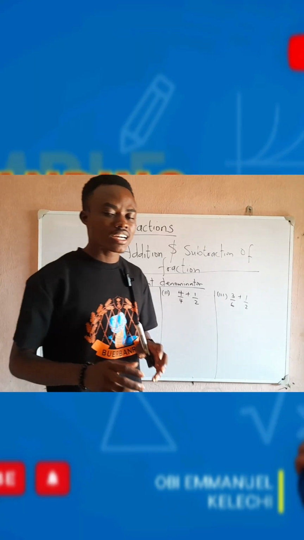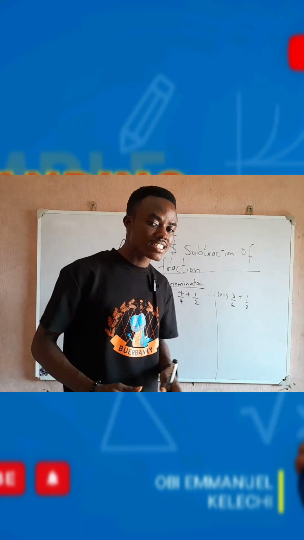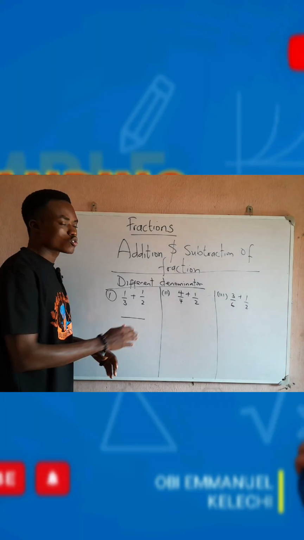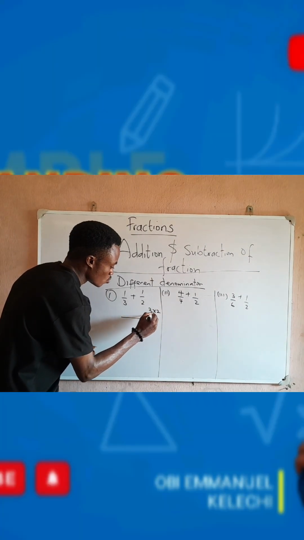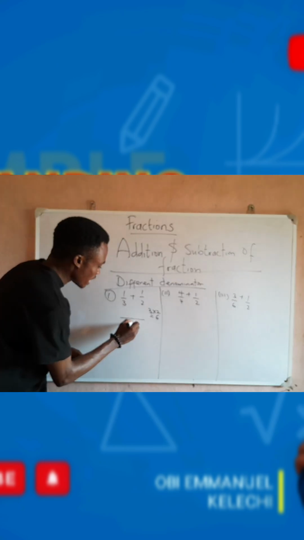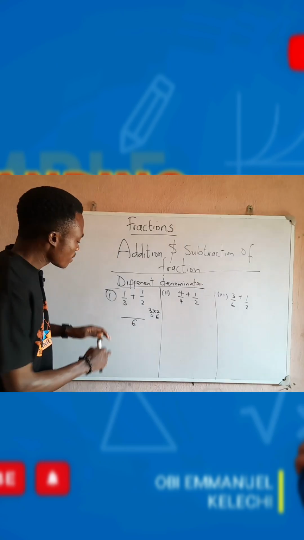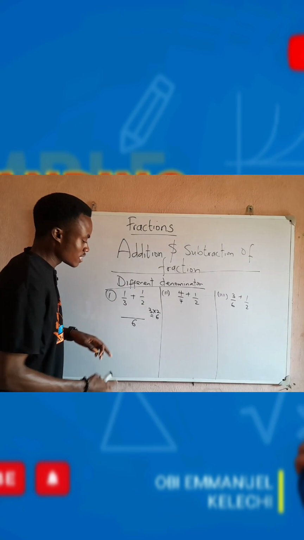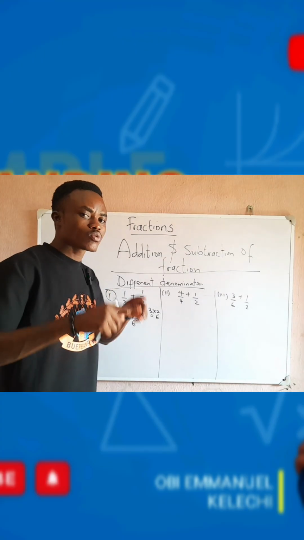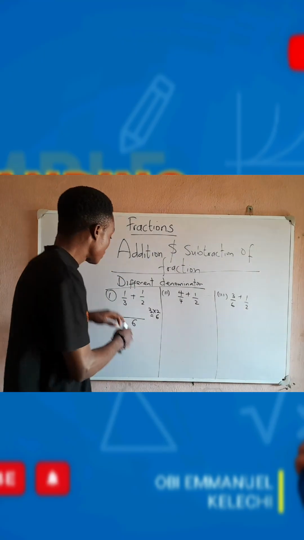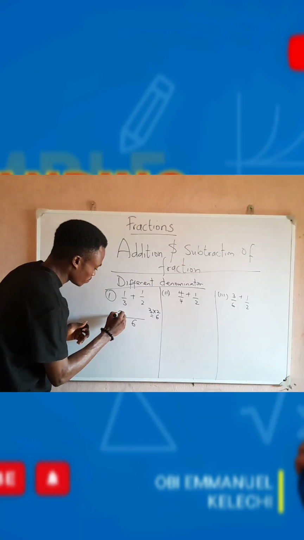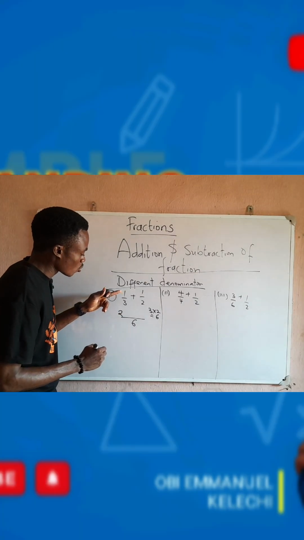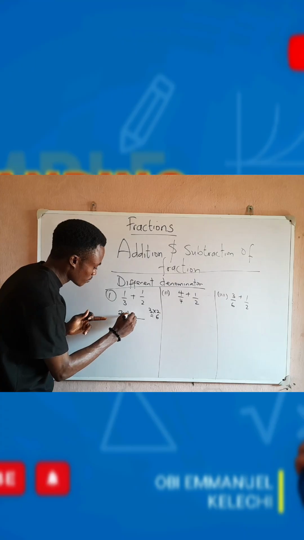Another way to find the LCM of two denominators is to multiply them, which is 3 multiplied by 2, equals 6. So the LCM is 6. How many times can you see 3 in 6? It is 2. So you write 2 and multiply it by your numerator, which is 1, plus